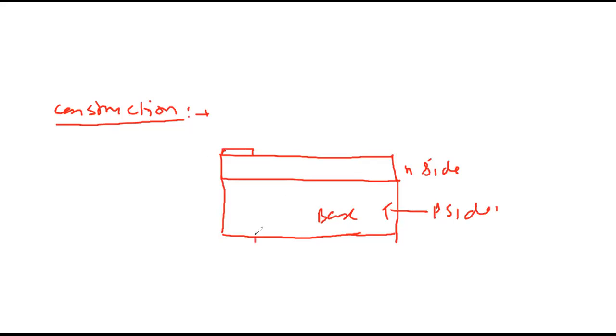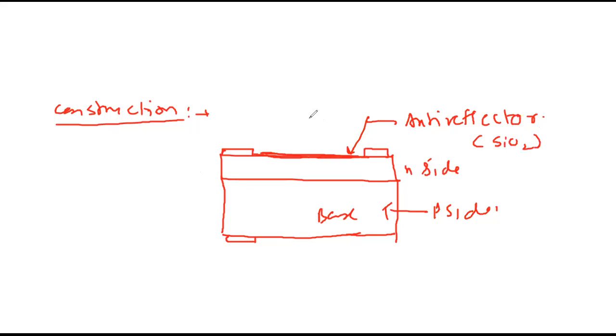These are two contacts. It is coated with anti-reflector, such as silicon dioxide. When sunlight falls on this,